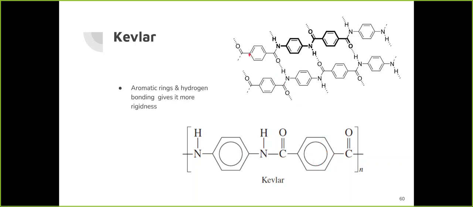And what happens is that you get bonding between the carbon double bond oxygen on one chain with the nitrogen and hydrogen on the other chain, and this gives you cross linkages, and that makes these very strong